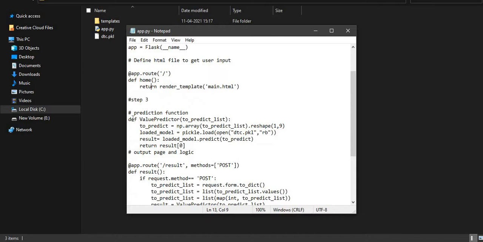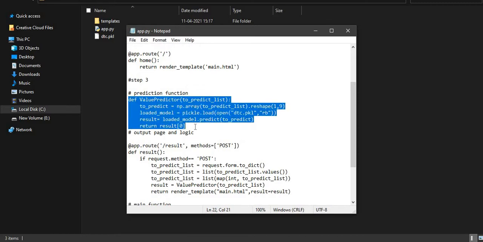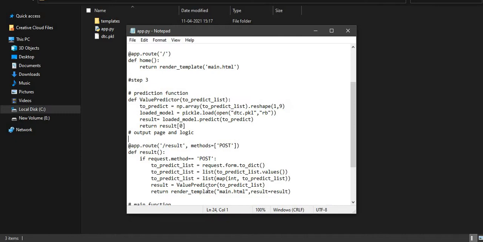Step 3 is to define the value predictor. Here we are just making a prediction function. You can directly do the calculations in the function below, but you can create it here for your ease. In value predictor, it will take the list and convert it to an np.array.